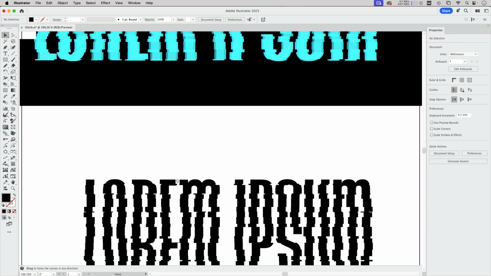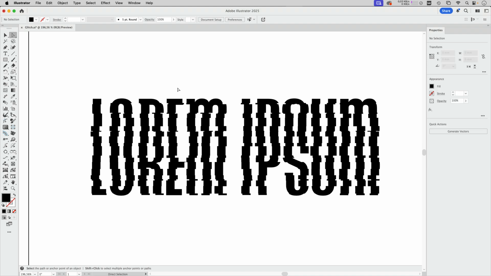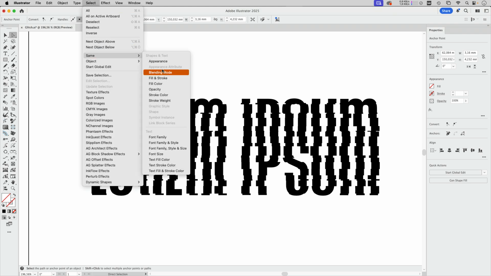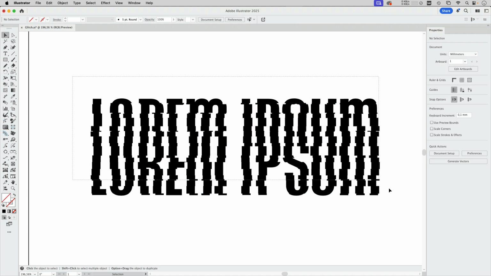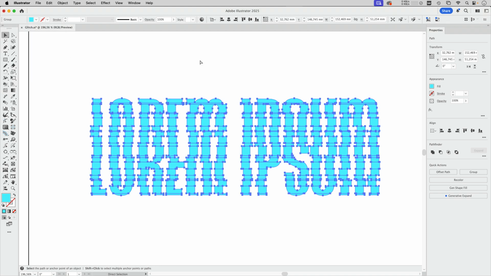So now, as you can see up there, I have applied color, and in order to do that we first need to get rid of something. So I'm going to the direct selection tool, and let's select this here. I know that they are in there, and that's why I just clicked there, and you see it's no fill and no stroke. There was the counter, and that's why this exists, because of the divide operation. So let's go to select same appearance, so we get all those, and just delete them. And now we can select all of this and apply the cyan, and now I'm going to group that again,